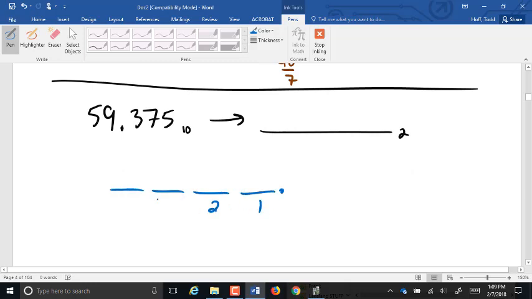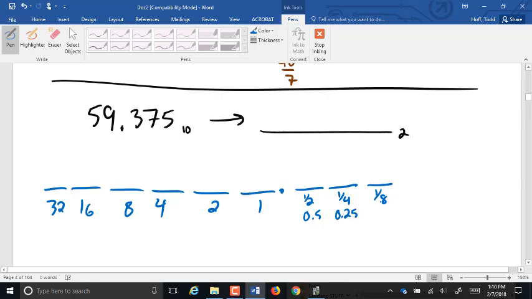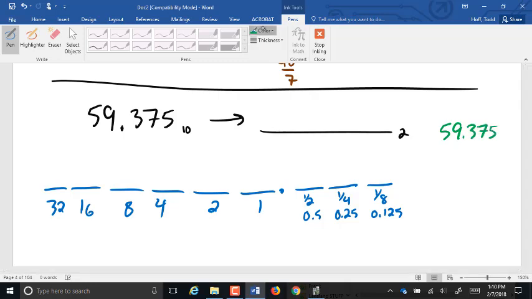This is the 1s, 2s, 4s, 8s, 16s, 32s, and 64s, and so on. Going this way, though, remember this is the 1/2, the 1/4, the 1/8. So 1/2 is 0.5, 1/4 is 0.25, 1/8 is 0.125, right? Can't get a 64 out of it, but we can get a 32, so we put a 1 there. We subtract 32, leaves us with